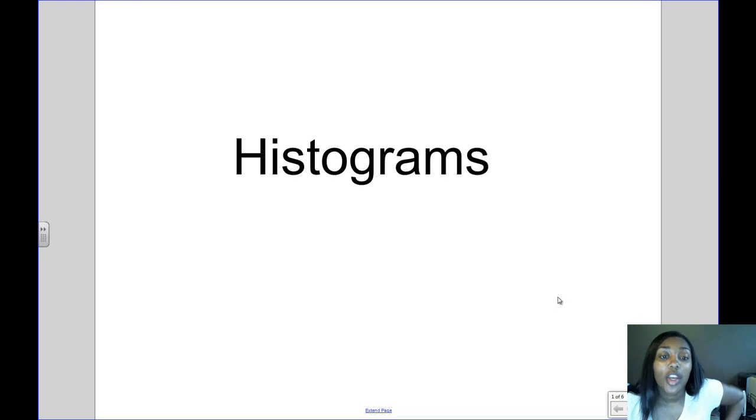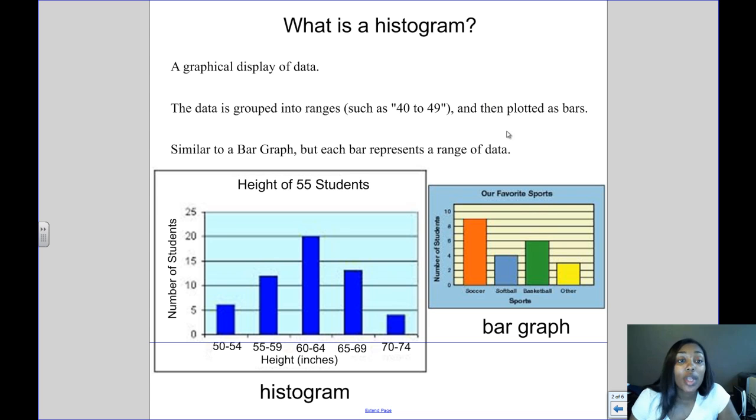So today's video is about histograms. So what is a histogram? A histogram is a graphical display of data. The data is grouped into ranges, such as 40 to 49, and then plotted as bars. A histogram is similar to a bar graph, but each bar represents a range of data instead of just one